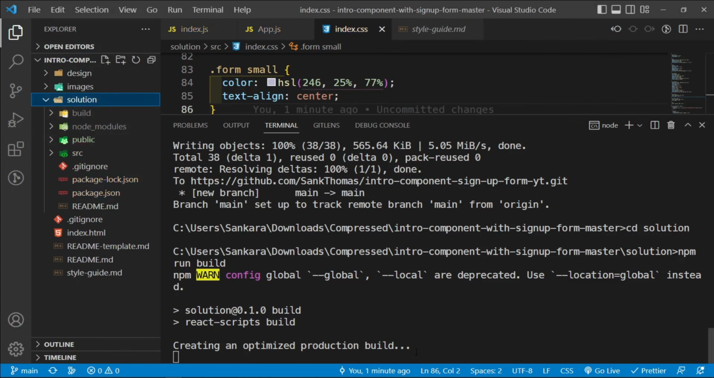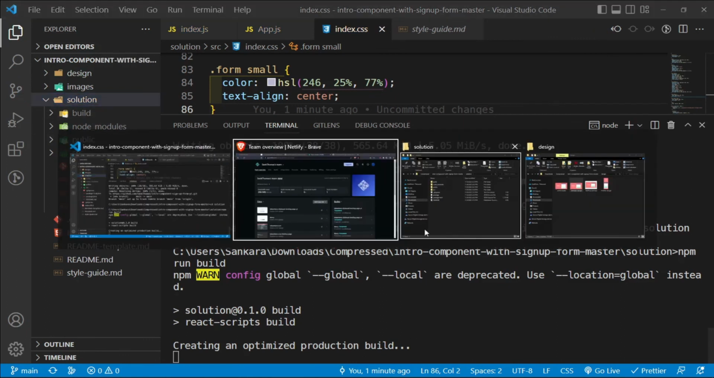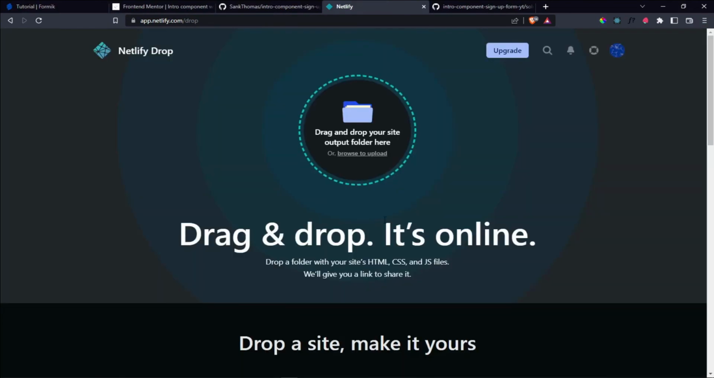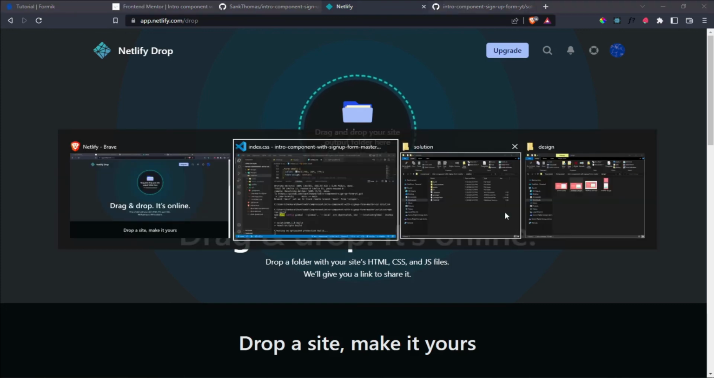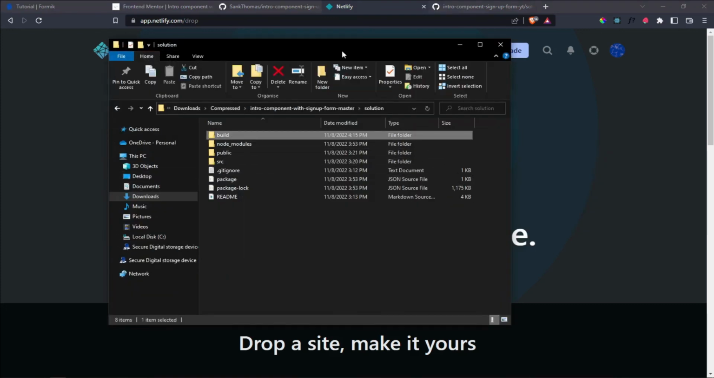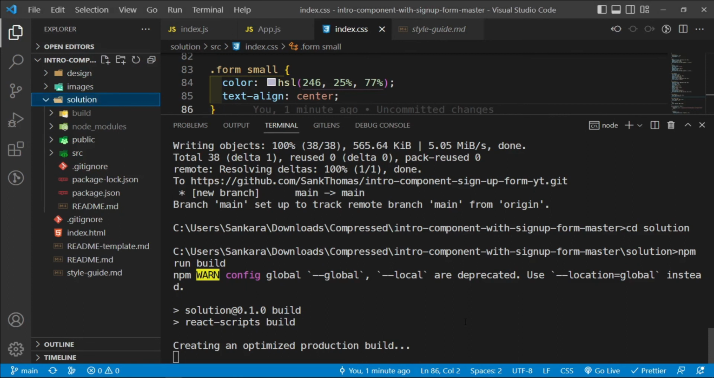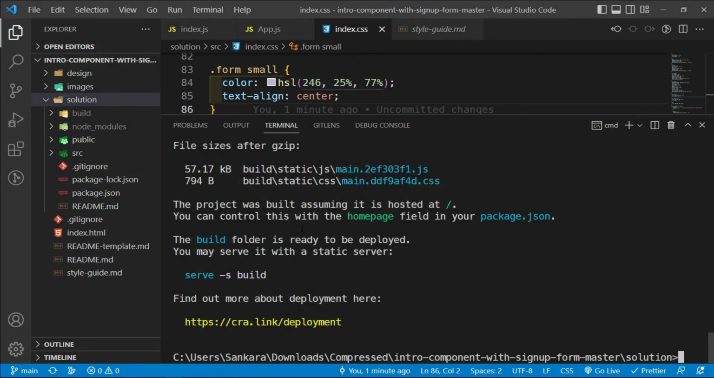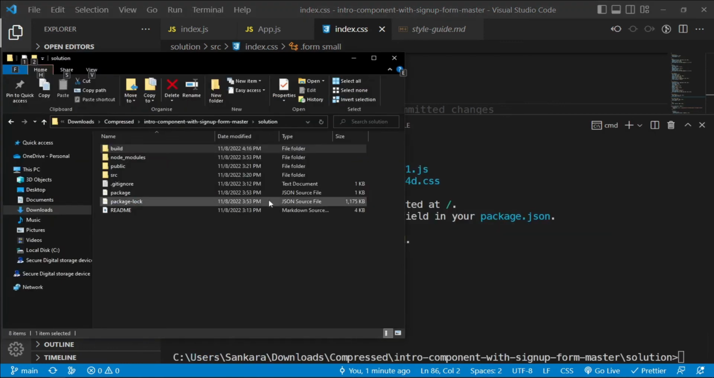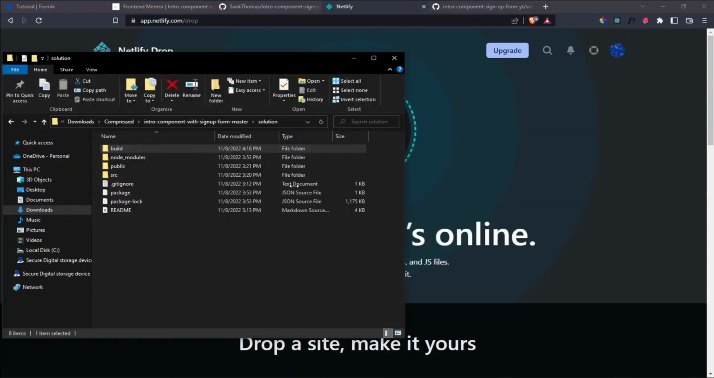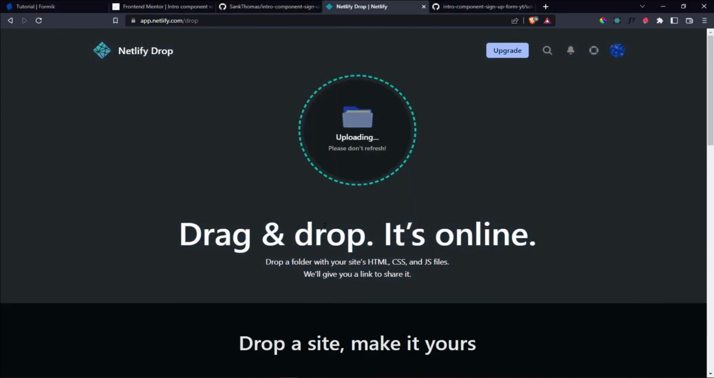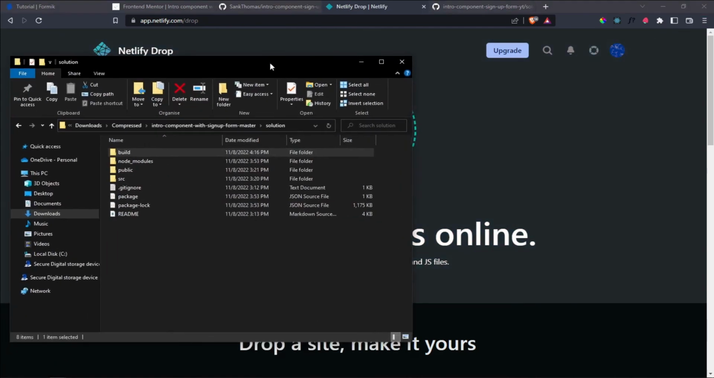So creating an optimized build, so let's just wait for this to finish, and then we're going to say add new site and say deploy manually. So we're going to drag and drop the build folder inside here, and the build folder should be this one, but it's not yet done, so let me wait for it to finish first. Okay, so once it finishes, then we should be able to see our site. So let's just go ahead and open this place and drag and drop this build folder here. Oops, no, drag and drop. There we go. So uploading,